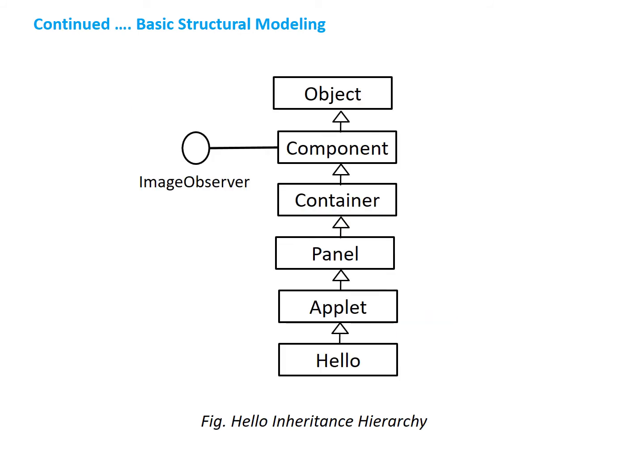In Java, applet is the class of a larger hierarchy. Tracing just the classes the applet extends and implements, you can generate another class diagram as shown in this figure. This figure shows the fact that component implements the image observer interface. This is represented by the solid line from the implementation to its interface.